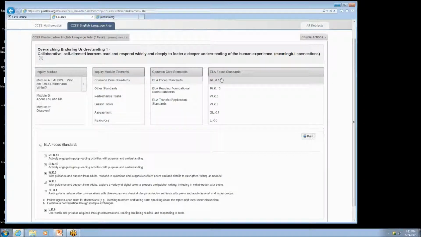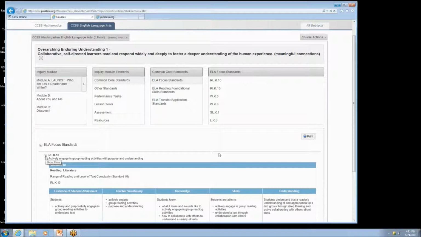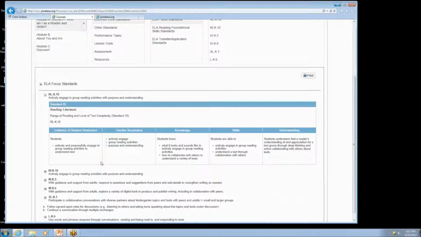We'll click on focus standards, and in here, during these 2 weeks, I will focus specifically on these 6 standards. That's where my lesson plans will take me. I can go down here and read the actual verbiage of those standards because I don't know them by heart yet. And if I click the plus sign here, it pulls in from the Standards Insight tool you saw earlier and gives you those five